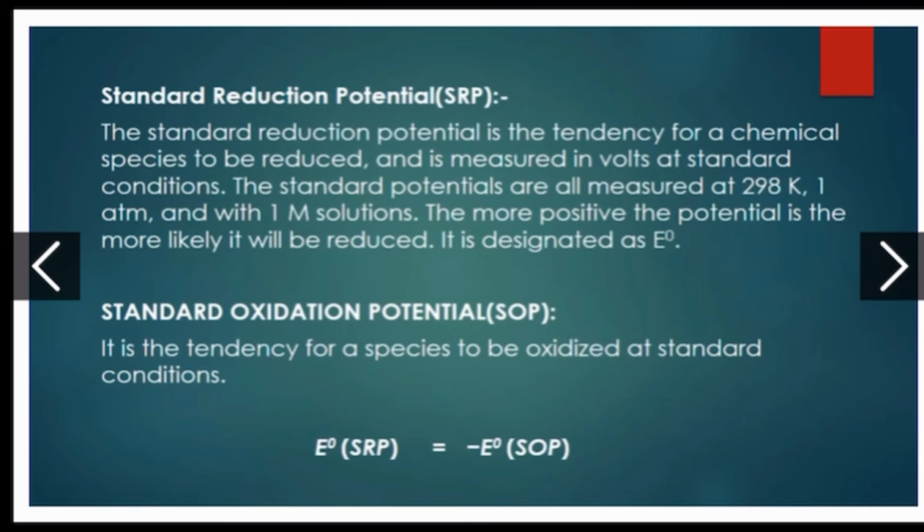Standard reduction potential. The standard reduction potential is the tendency of a chemical species to be reduced and is measured in volts at standard conditions. The standard potentials are all measured at 298 K, one atmosphere and with